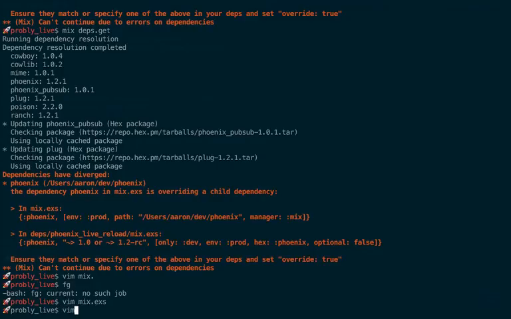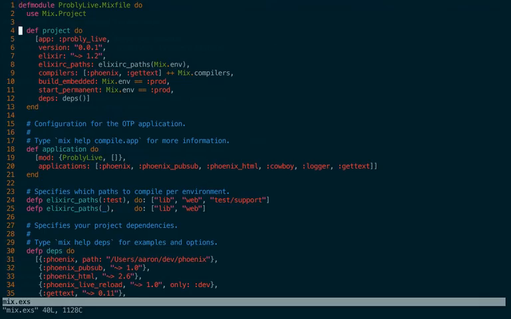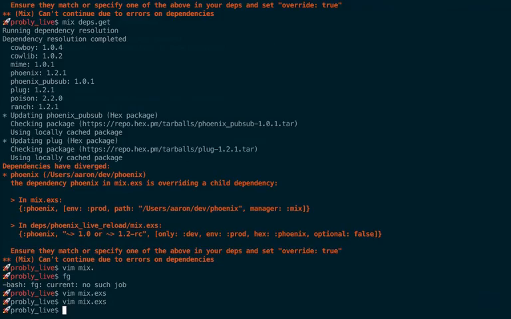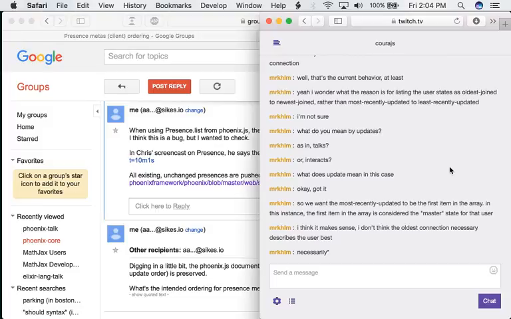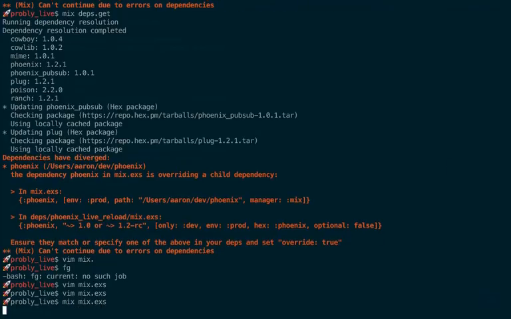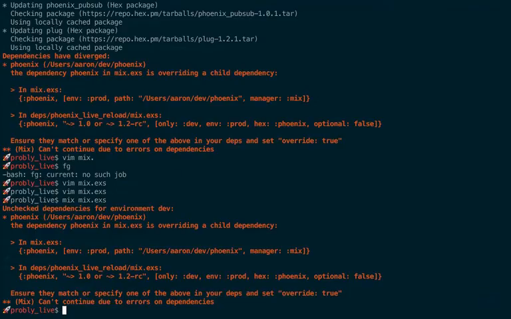I want to link to this local version of Phoenix so that my app can take advantage of that behavior. We don't really need to do that for the PR, but it's something I want to figure out. So what I did right now, trying to link it in, was